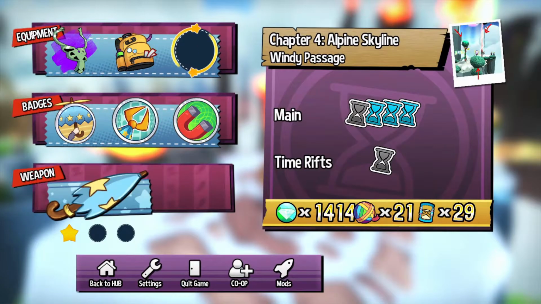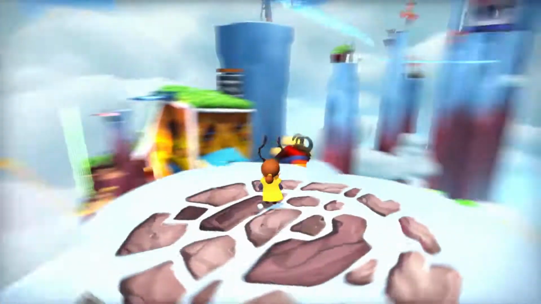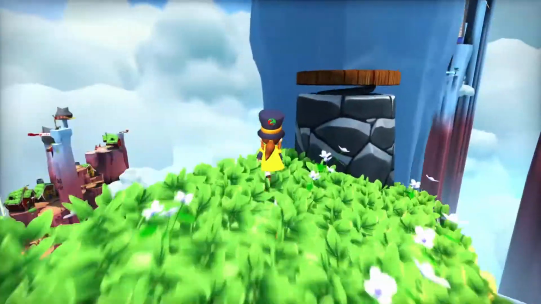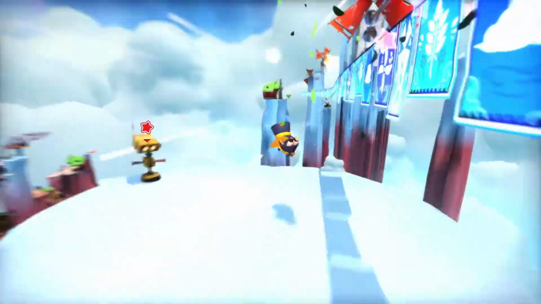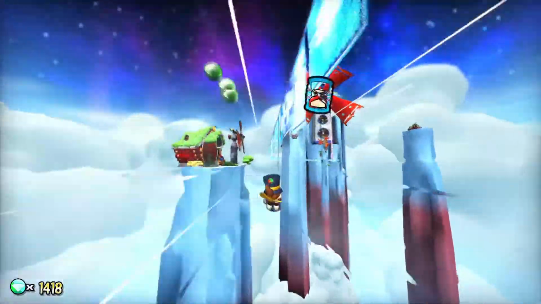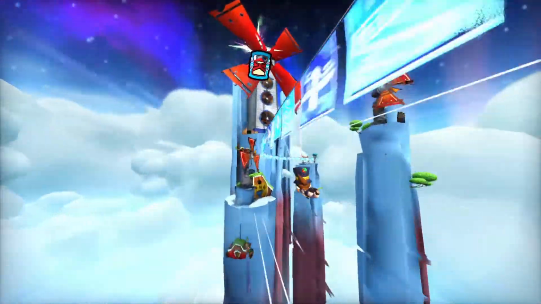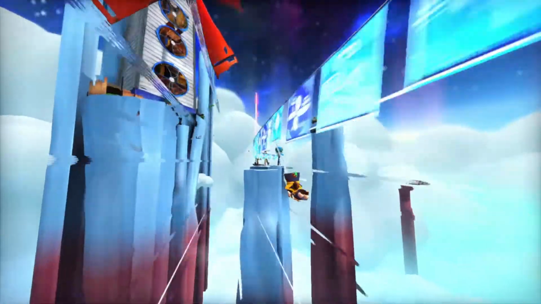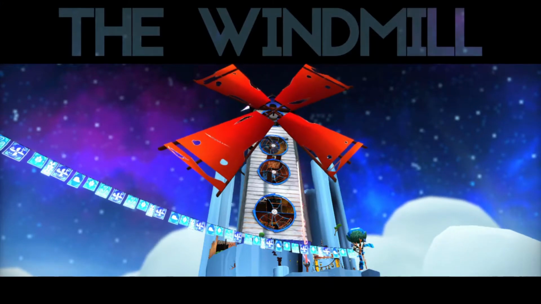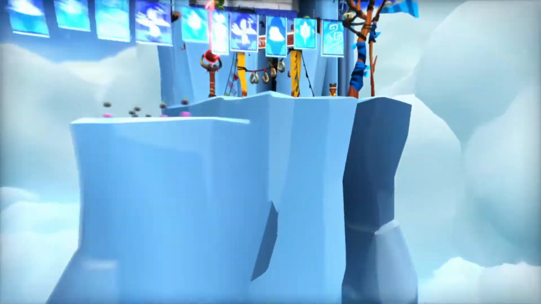How much yarn do we have now? Not quite enough for a new hat, it looks like. Yes. We are 11 yarn short. The time stop hat takes a lot of yarn to knit. The 2 DLC packs don't introduce any new hats. So because of that, they don't have any new yarn. So all of the yarn in the game is in one of the first 5...